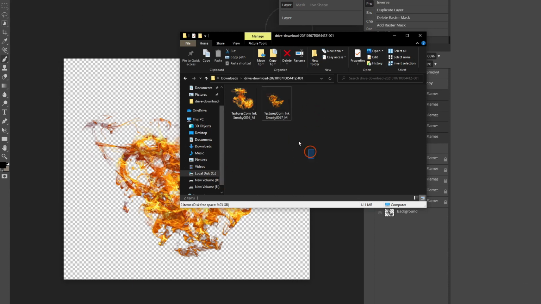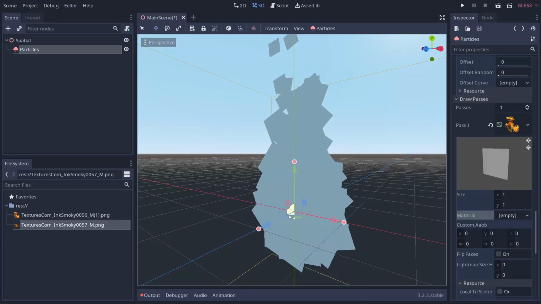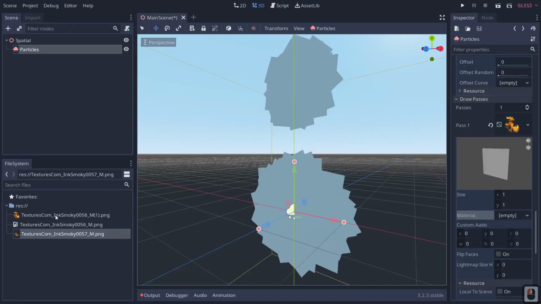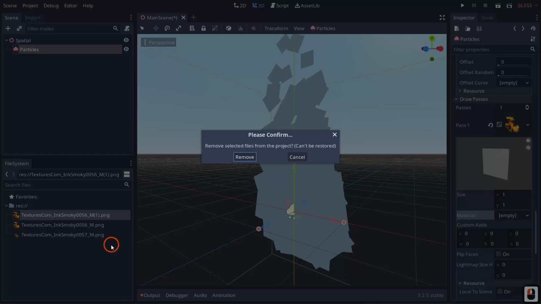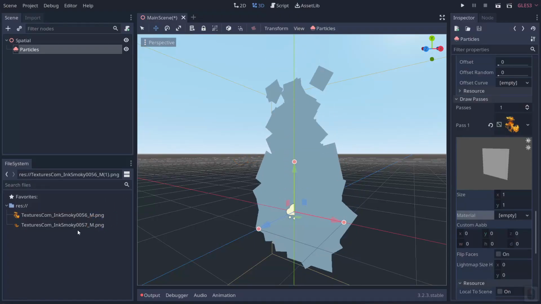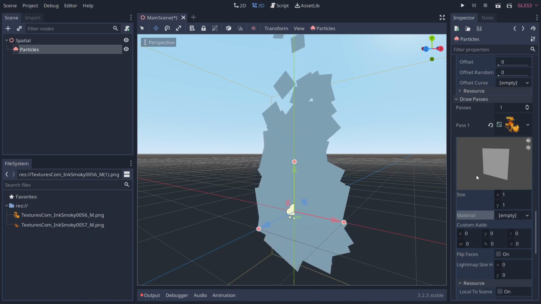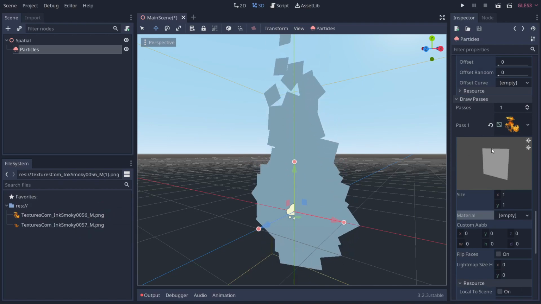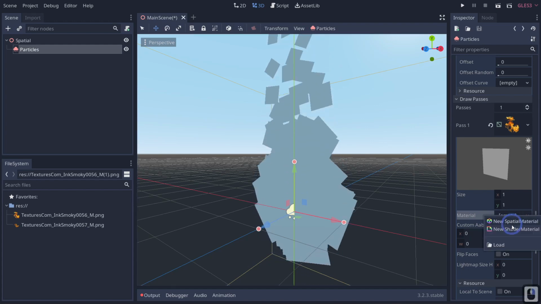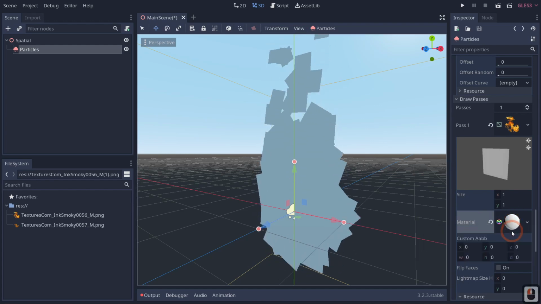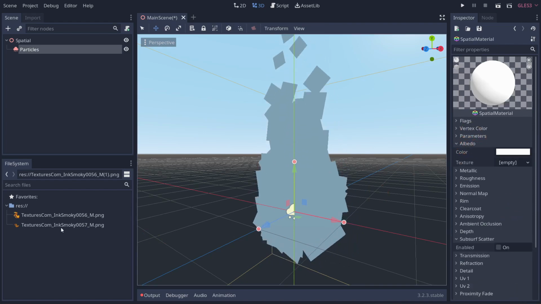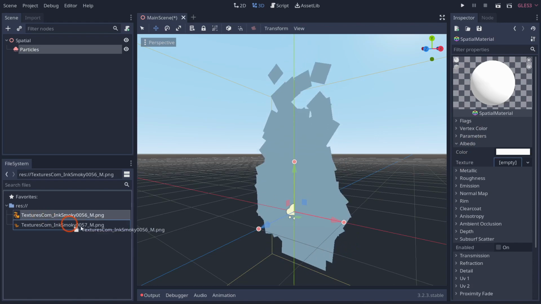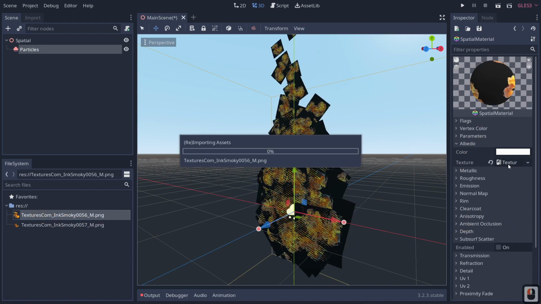So what we're gonna do is we'll take these and we'll go into Godot, we'll copy them in and drop them in. And you can see it looks like I actually already copied them in, but I'll go ahead and delete this. So you see I have these two textures here. So what we'll do is we'll come to this draw passes section. We're going to right click and add a new spatial material. We will double click on our material and we will go to our albedo texture. And what we're going to do is we will drag in our ink smoky to the texture,